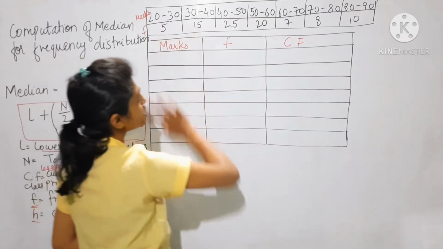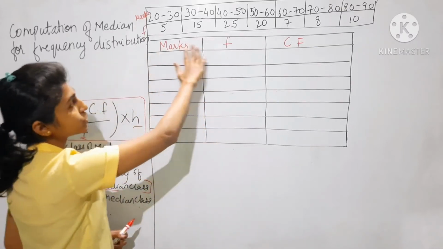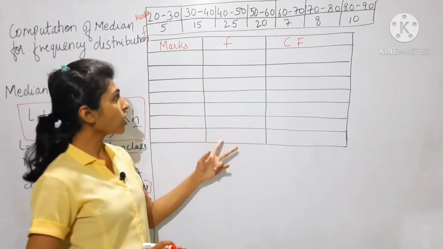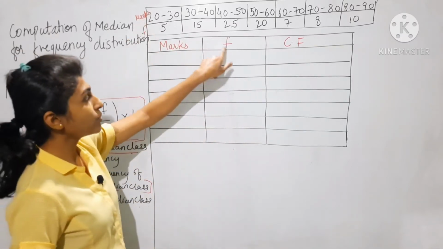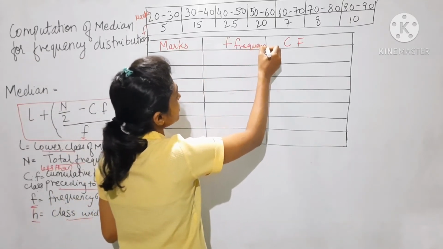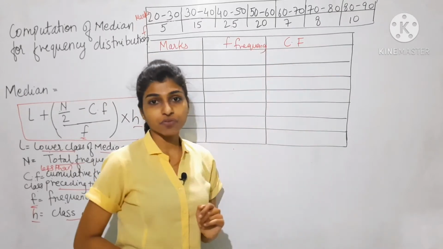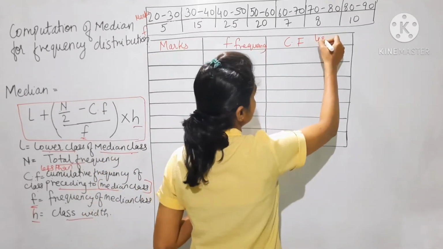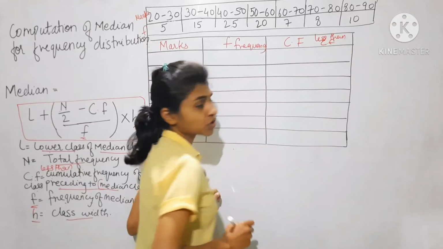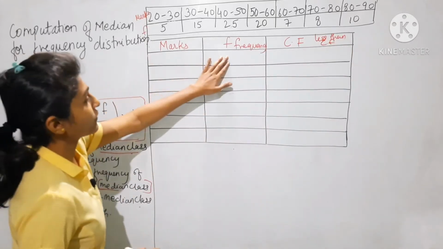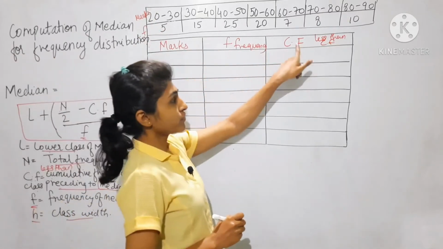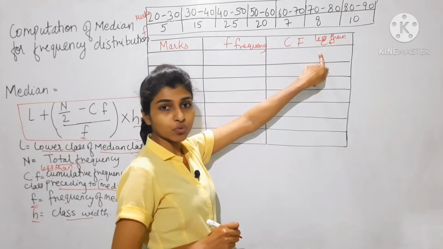Okay, so this is the frequency distribution, and in this frequency distribution the classes are continuous. So the solution is, prepare 3 columns. First will be the marks, second will be F, the frequency, and the third column will be the cumulative frequency, that is less than cumulative frequency. Okay, it is compulsory to prepare 3 columns for calculation of median. Now classes and frequency you will get from the example itself, and next for the third column we have to find the cumulative frequency.